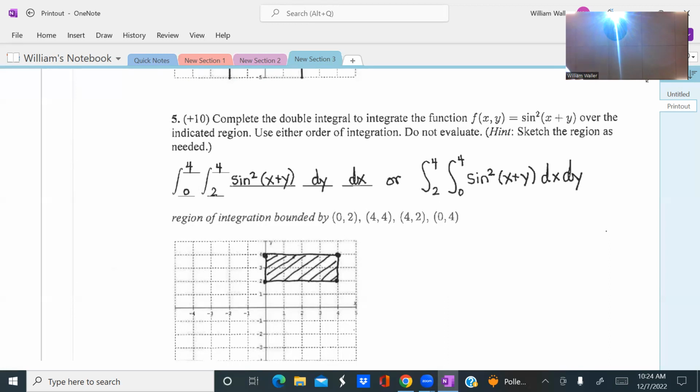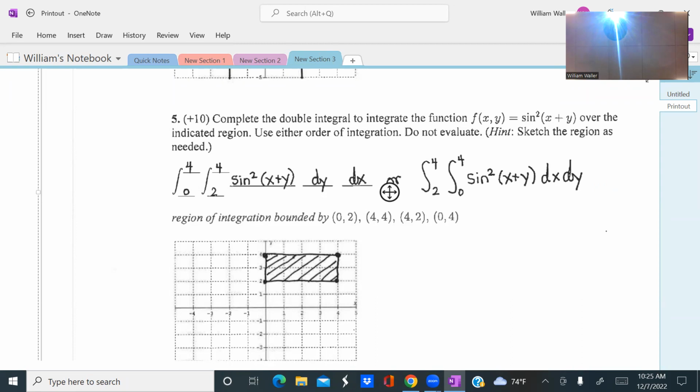Well, let's see. So this is the region bounded by these 4 points. So all you really need to do is plot those 4 points in the xy plane, and then that will just show you what the region is, right? 0, 2 is right here. 4, 4 is over here, so I plotted that point. 4, 2 is right there, correct? And 0, 4 is up here. So when you plot those 4 points, you can see, oh yeah, those are corner points of a rectangle, right? So just connect those 4 points with horizontal and vertical lines to get a rectangle. That's going to be your region of